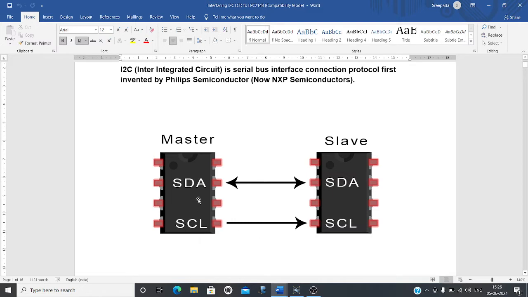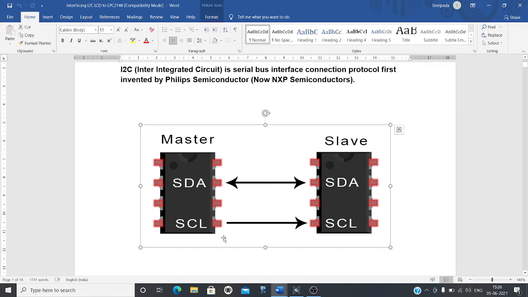SDA stands for serial data, SCL stands for serial clock. The SDA connection will send data from master to slave or from slave to master. It is a two-way connection. And SCL, that is serial clock, will supply the clock. Here the master will be the source of the clock.